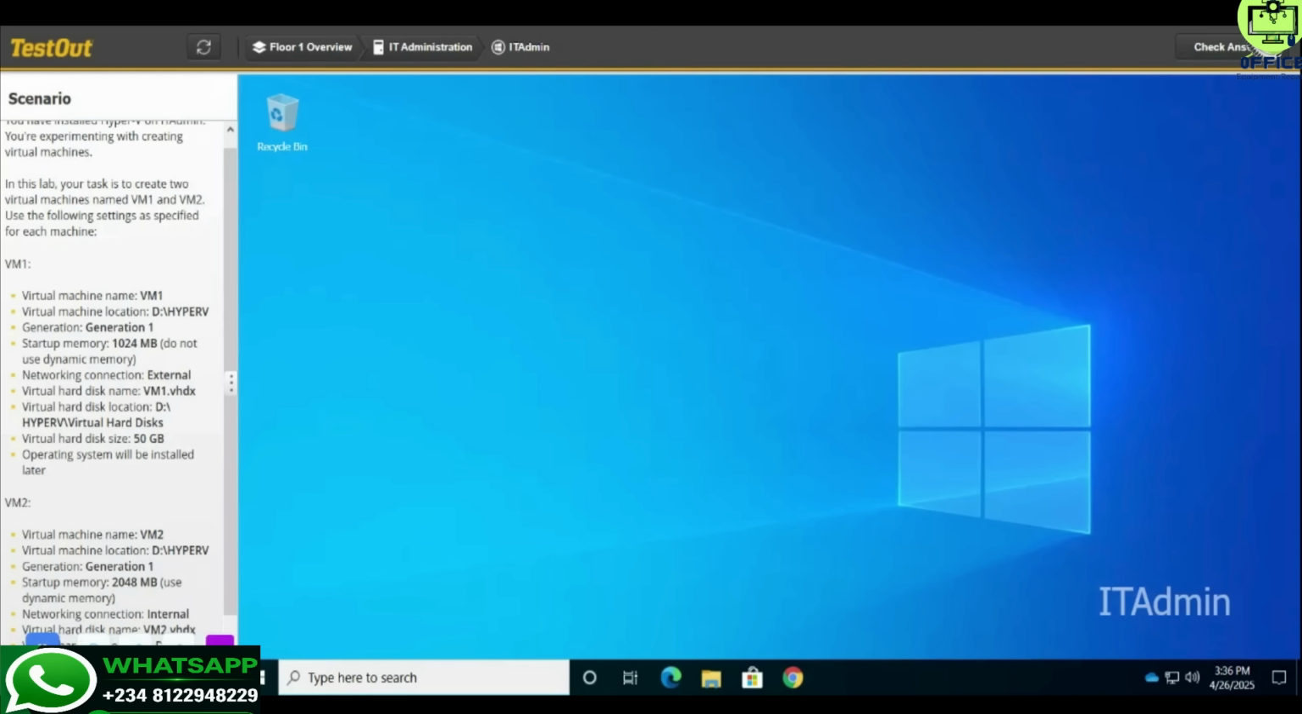Networking connection is going to be external virtual card. Disk name is going to be VM1.vhdx. Virtual hard disk location is going to be D drive Hyper-V and disk, and the operating system will be installed later. Okay, so